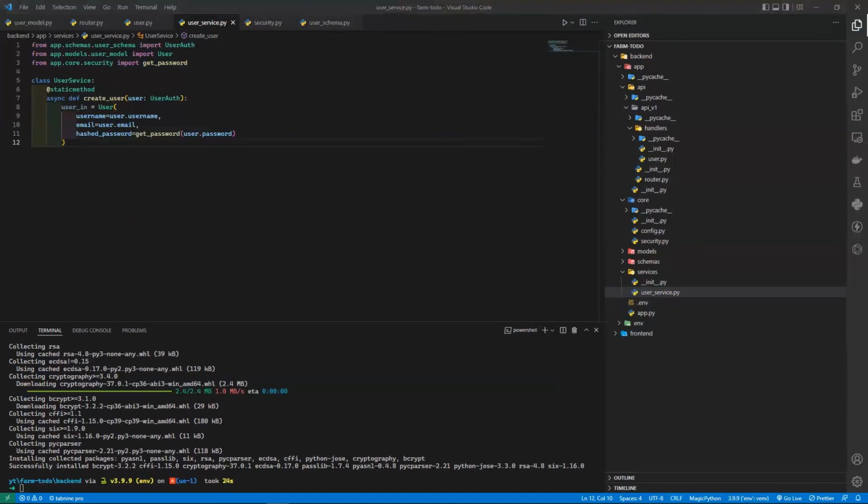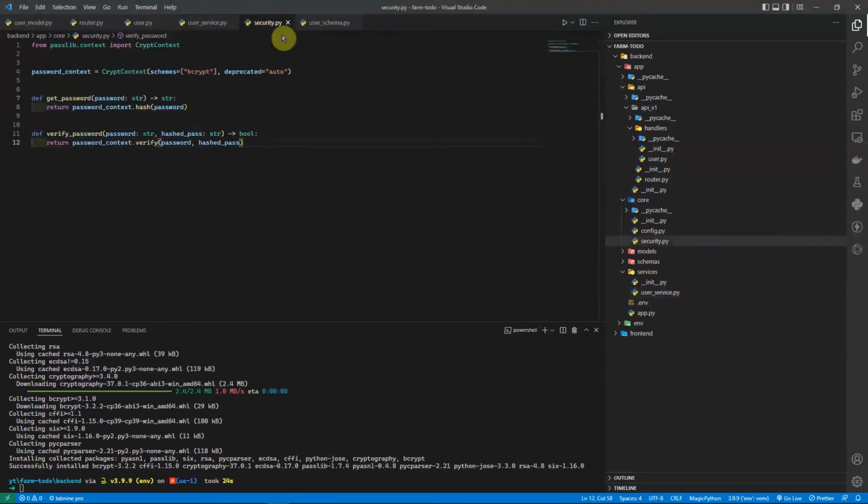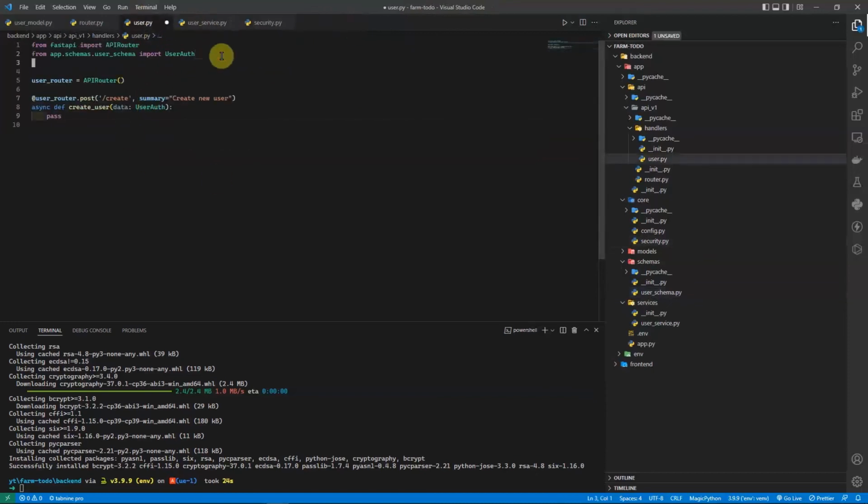So now inside our user service, what we can do is, if this is valid, we will just say await user_in.save, and then return user_in. So now this function will handle the user creation. So user schema is done. So here what we can do is from app.services.user_service import